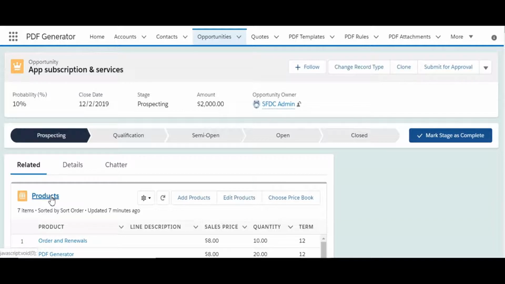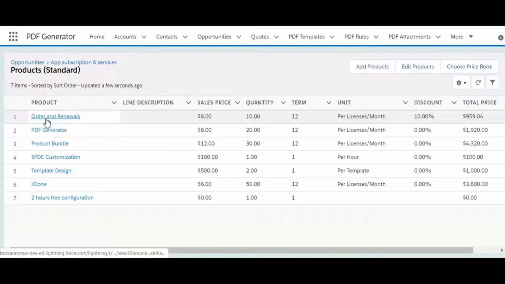Let's check this related list fields. It has lookup relationship with standard Salesforce product. Sales price and quantity are standard fields. Term and unit are custom pick list fields. Discount is standard field. Total price is a custom formula field which multiplies sales price, quantity, term, and applies the